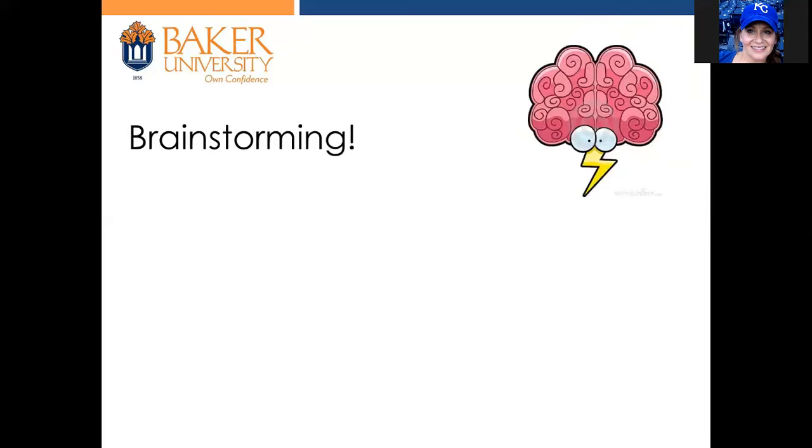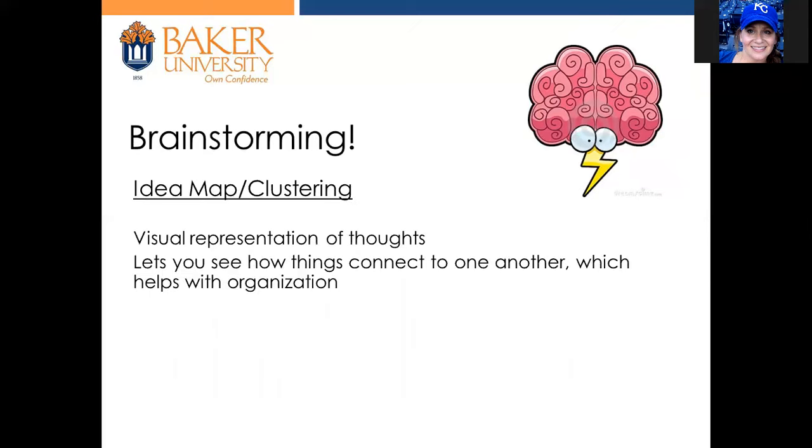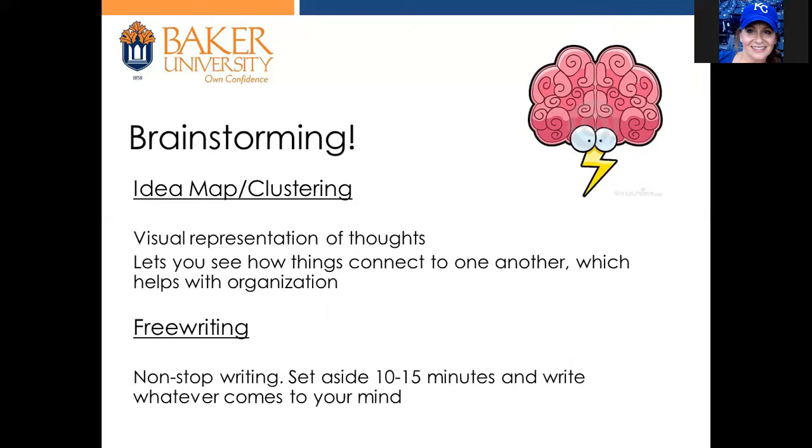All right, so brainstorming. How are you going to get to this thesis and topic and develop your paper? Brainstorming can help you with several steps of your paper. You can brainstorm to get started on the topic, and then brainstorm some more once you narrow that down. Use brainstorming to come up with supporting claims once you've thought of your thesis. Once you have a working thesis and 3 to 5 supporting claims, you can then work on the structure and